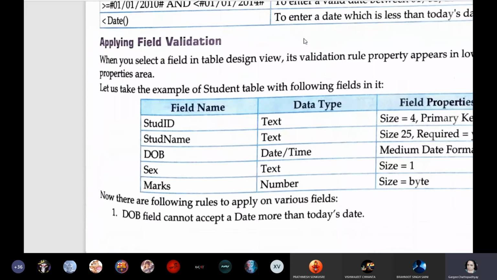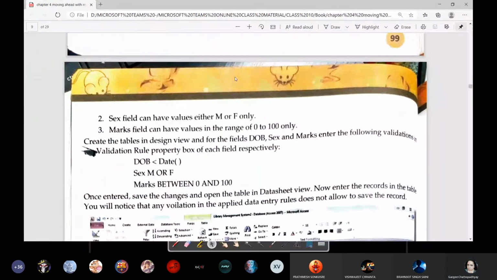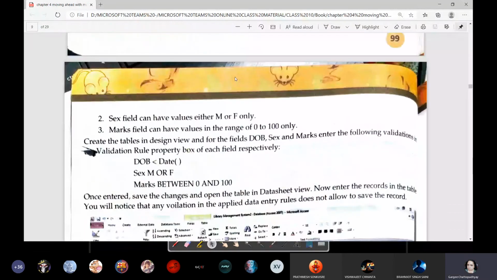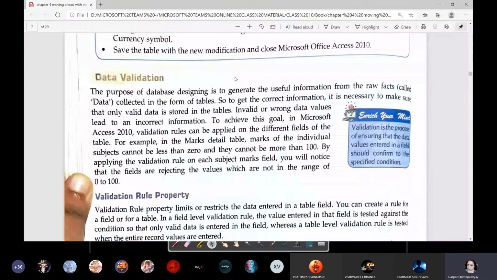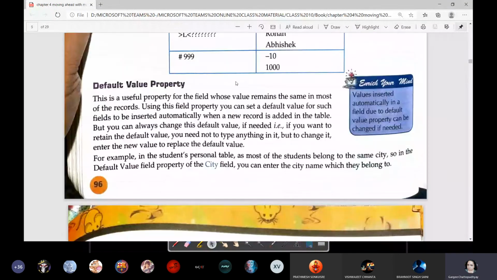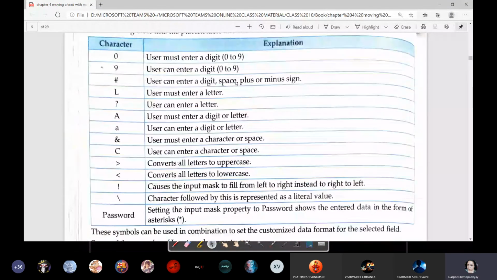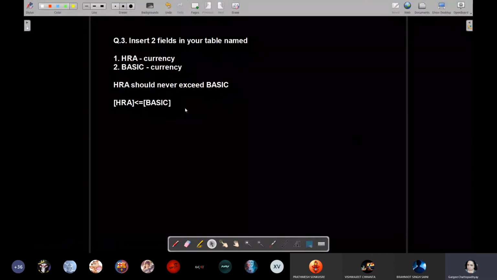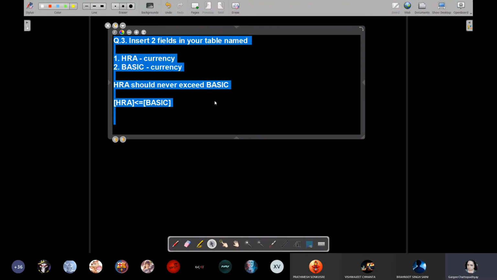Let's come to the next part. Now I'll be telling you about input mask, students. We had left that part in the previous class, so I'll be explaining input mask today. I had explained that it is a way in which you can again restrict the data entry.